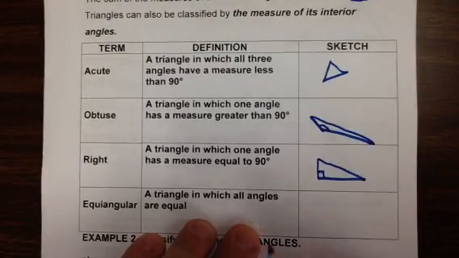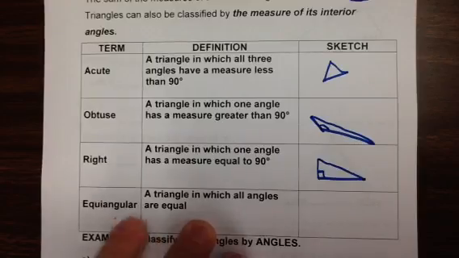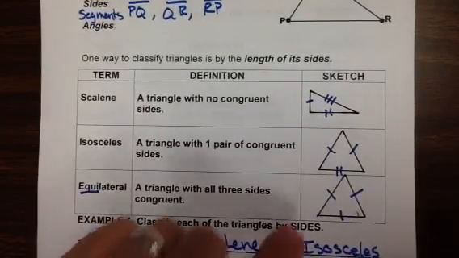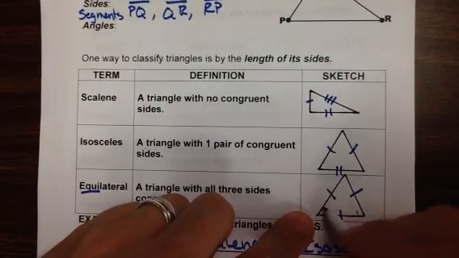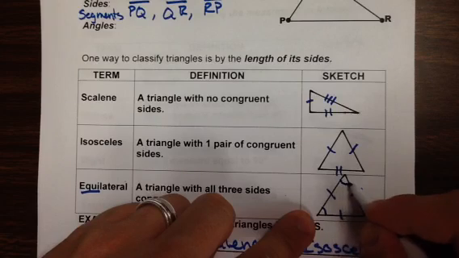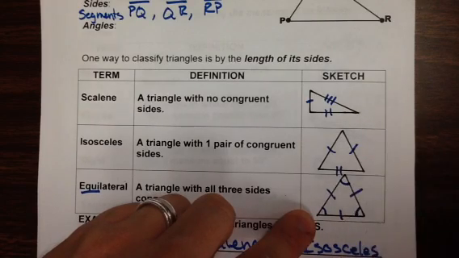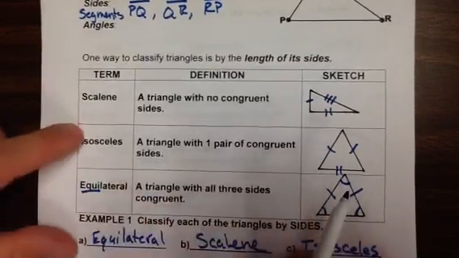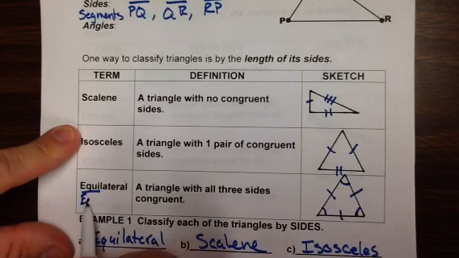And an equiangular triangle would be identical to the triangle that we had right here. We'll talk about this in more detail later, but an equiangular triangle also has equilateral sides. So, equiangular and equilateral are the same